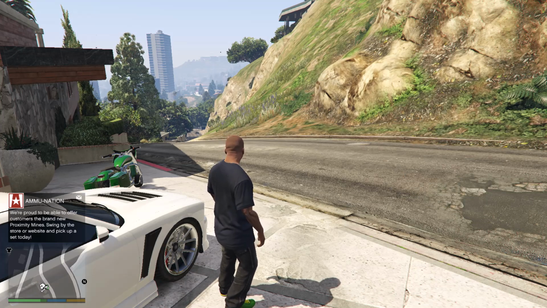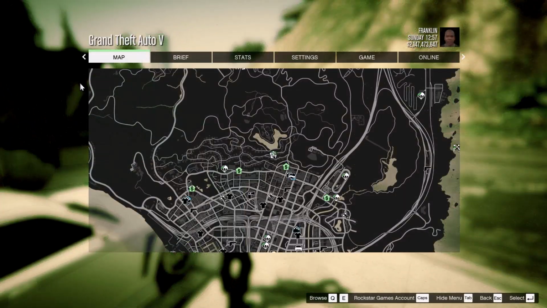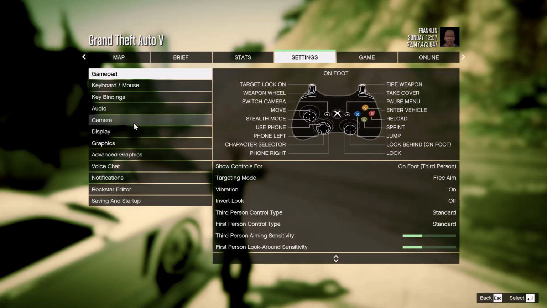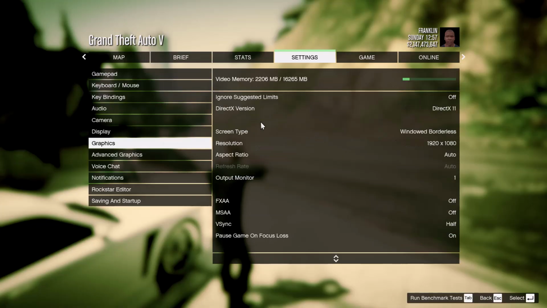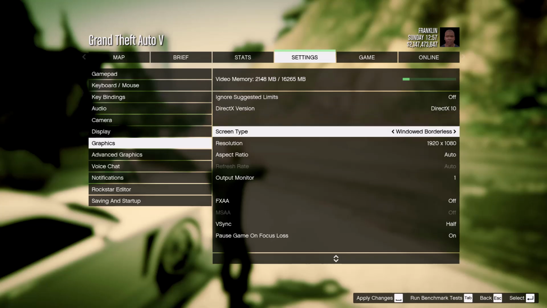Today we are going to see GTA 5 on 2 GB RAM and 1 GB GPU, smooth 60 FPS on a low-end PC. I'll show you guys the settings. Just press the escape key and go to settings and go to graphics. Select the DirectX version. Change it to DirectX 10 using the right arrow key, and screen type change it to full